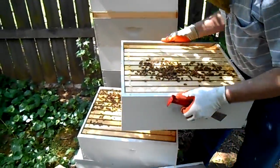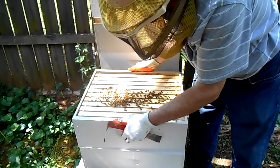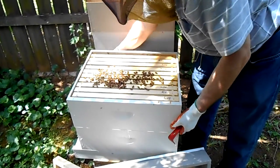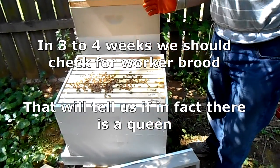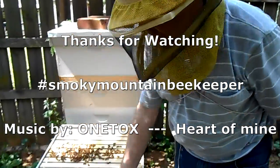Well, that cell was capped, so probably within a week the queen should emerge, and then another week from that she should go out on a mating flight. So in about 3 or 4 weeks, we should be able to go back in and check this one, and then see if in fact there's